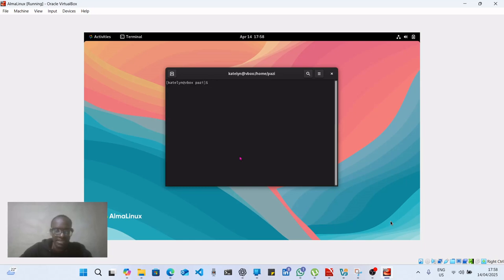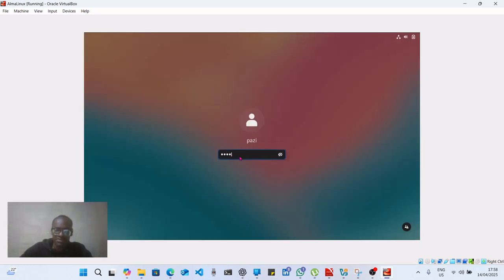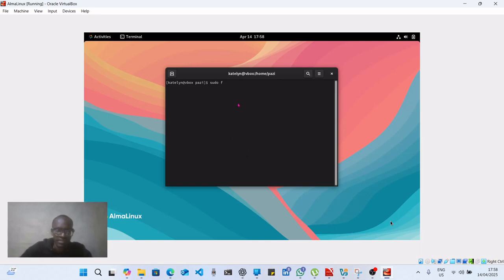So I'm going to do sudo -l, and of course you see that it asks for the password the first time. Now when I put that in,